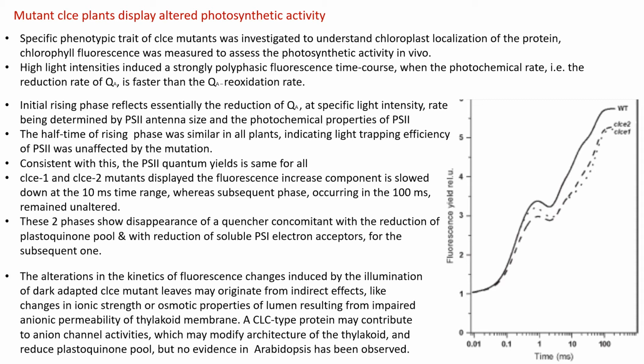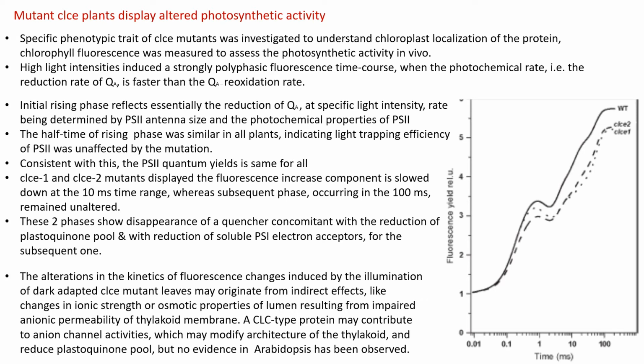This alternation of the kinetics of fluorescence that is observed between the wild type and the mutant most possibly arises because of a variation in ionic strength. Although direct evidence is not present in the case of Arabidopsis, it could be assumed that due to ionic strength